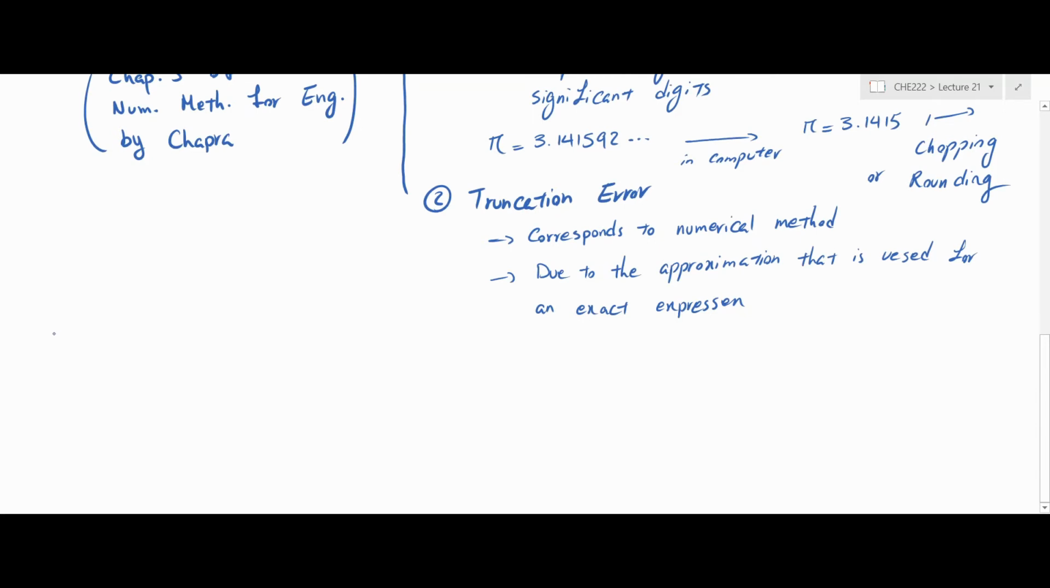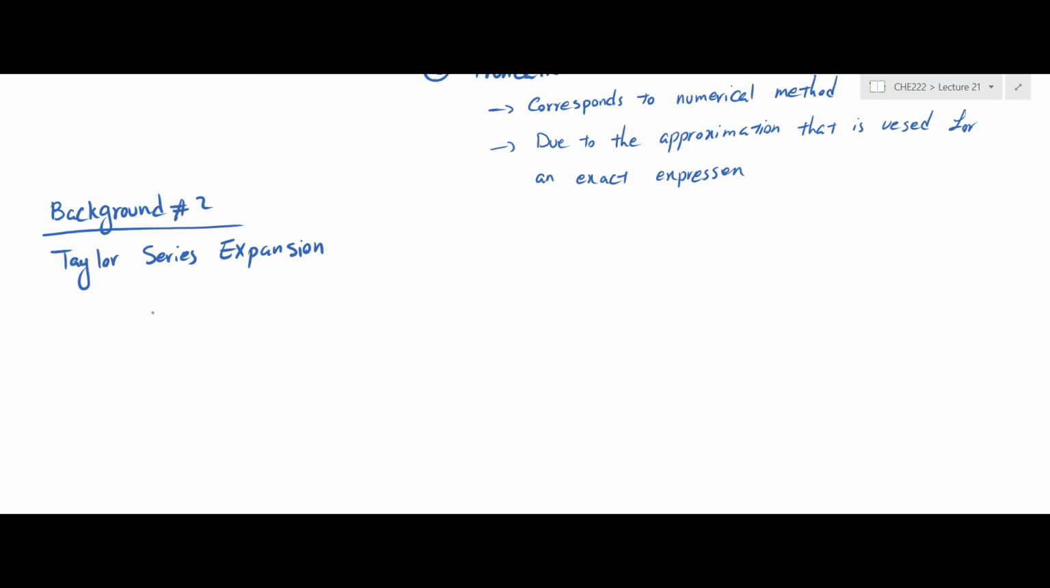So our second background is about Taylor series expansion. If you remember, we explained that Taylor series expansion can be used to estimate the value of a function in a proximity of a point, for example, x equal to a, if we have the value of the function and its derivative at point a. And the formula that we use is